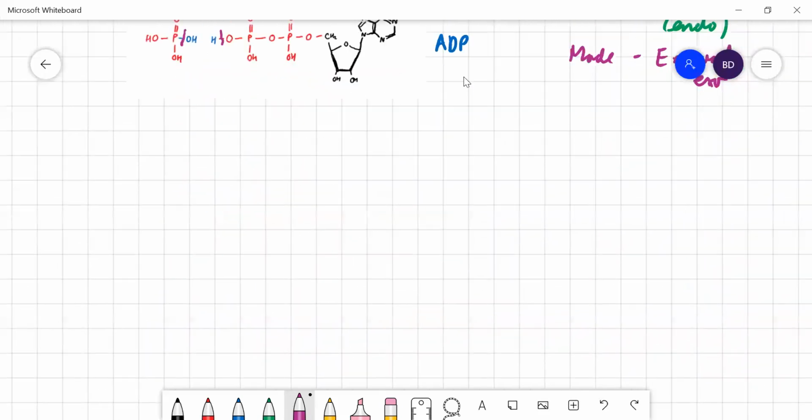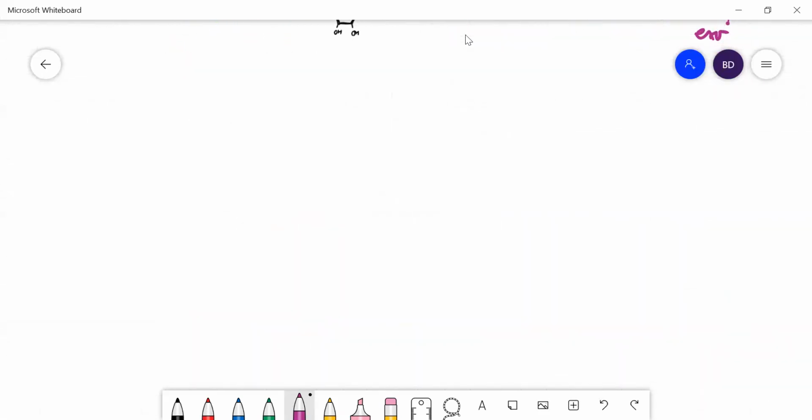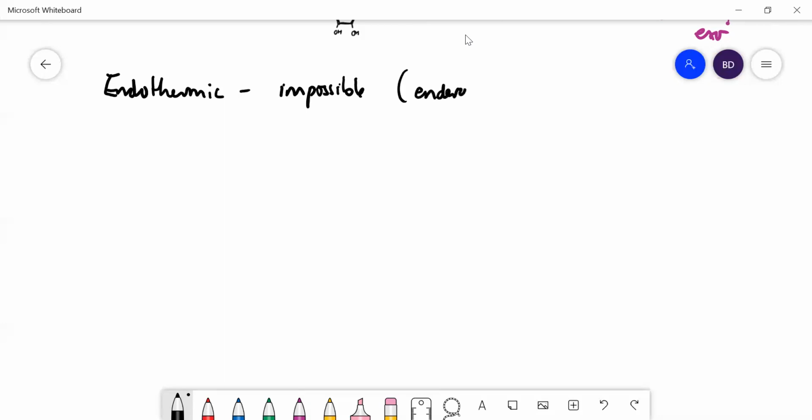Okay, now it's important to realize here, if you think of all the chemical reactions that you know, they're nearly all exothermic. And if you try to think of an endothermic reaction, you'd be hard pushed to remember one. Now this is a bit of an approximation, but endothermic reactions are thermodynamically impossible. That's not quite true. What I should say is endergonic. Now, you don't know what that word means. You can look it up. It doesn't mean exactly the same thing as endothermic, but it is very similar. For our reasons, you can just consider it's the same thing. So they're thermodynamically impossible, whereas reactions which are exothermic are